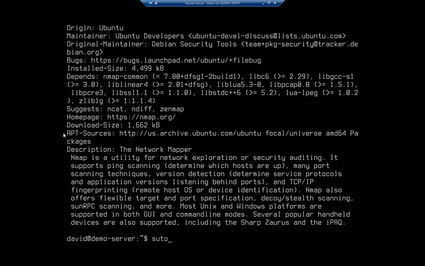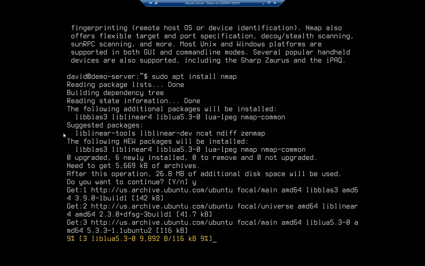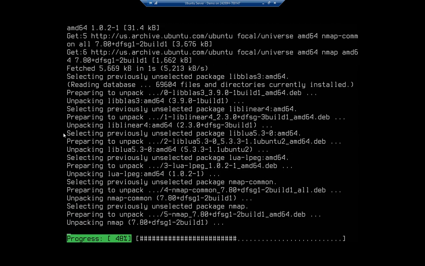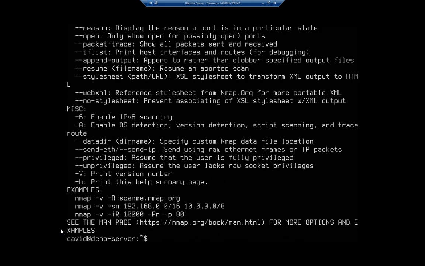And then I'm going to use sudo apt install nmap, and that's going to install the application for me. Yes, I want to go ahead and install it. And so it downloads and installs nmap for me, which is great. Now my software is available, and I can confirm that it's there, and I can see which one it is by typing the command which nmap. And we'll see this is in the /usr/bin/nmap folder, so I could then navigate to /usr/bin, and I could look at my nmap software,